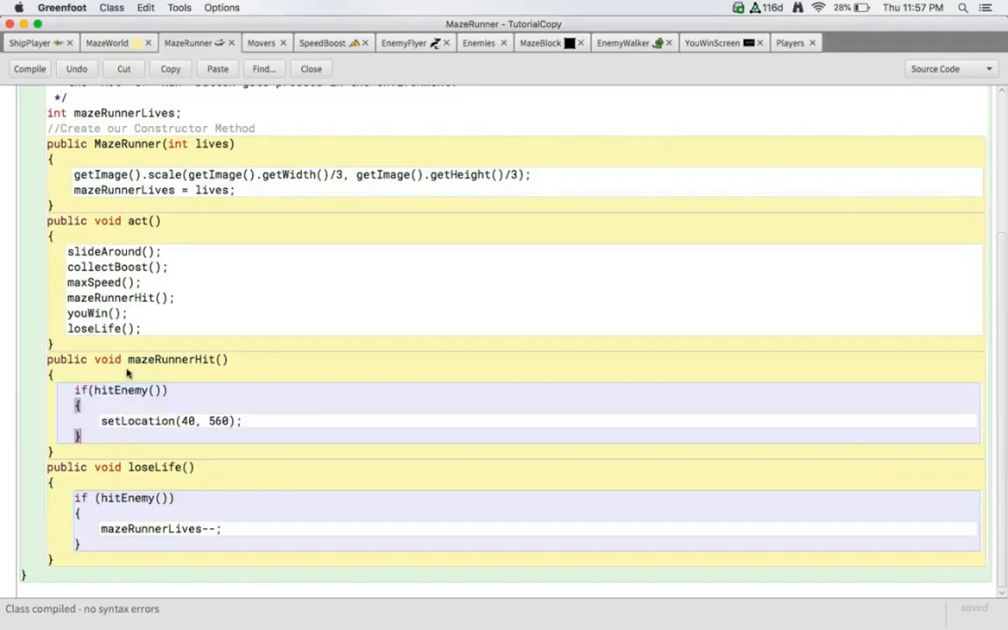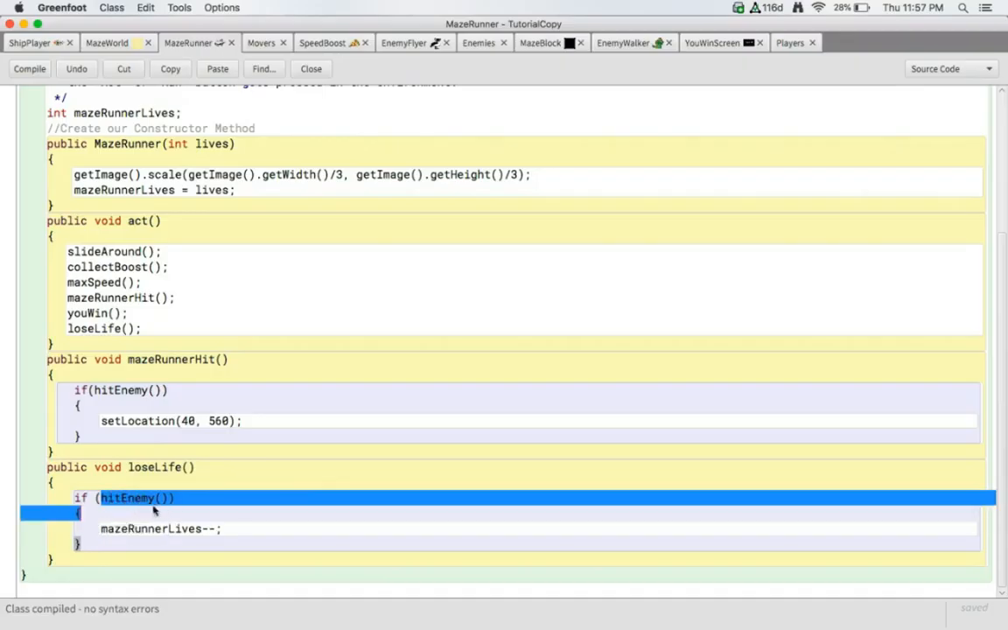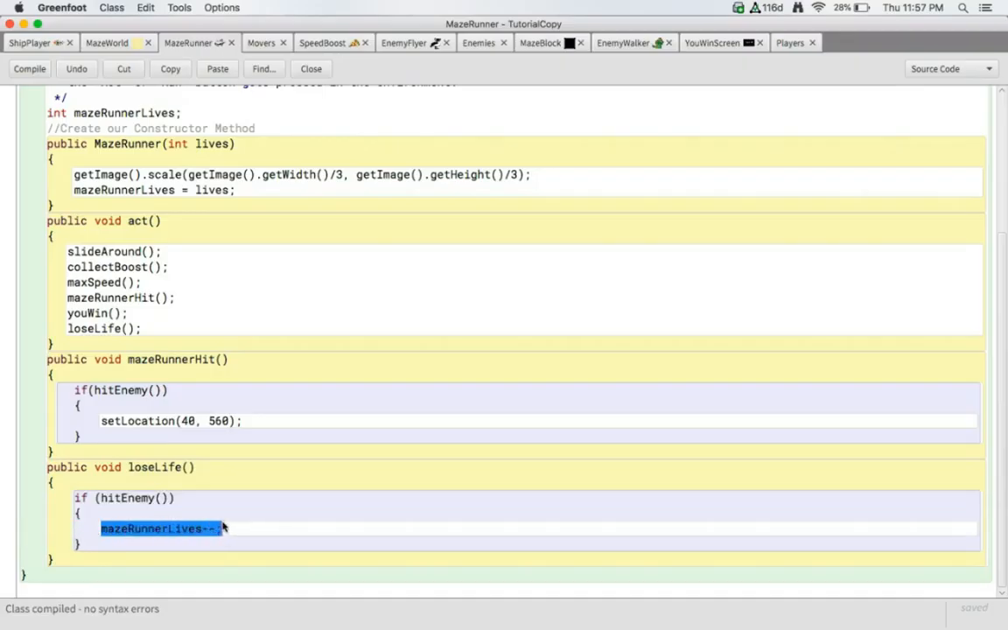our hit enemy, our maze runner hit happens prior to the lose life. So we're resetting the location and then it's checking again later on if hit enemy is true, but when it's relocated, hit enemy is false. So it never was getting rid of my maze runner lives. So there's a couple solutions. I could cut and paste it in here, but I still want it separate. So if I make lose life higher up in my act method and make it above maze runner hit,